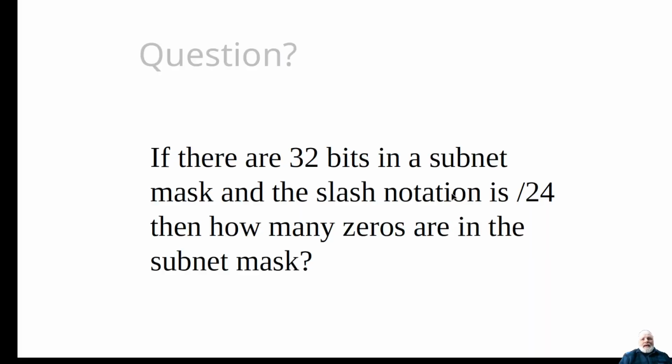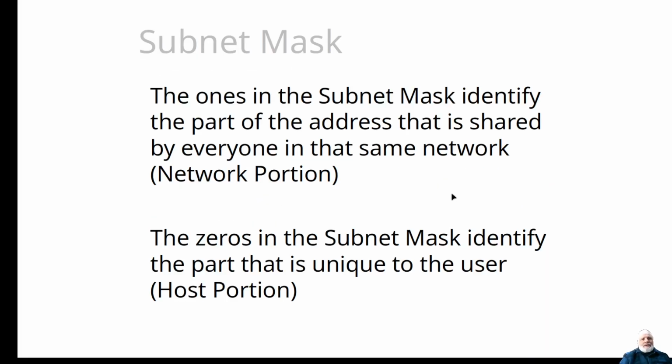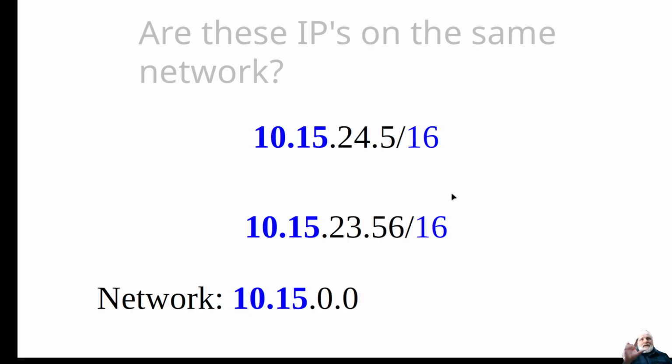So this subnet mask is the key to defining what is a network. Here's an IP address, 10.15.24.5, and then /16, where the /16 is saying the first 16 bits are the network. And then I have a second IP, which is 10.15.23.56. Now, since these are both using a /16, or a 16-bit subnet mask, it says that they are on